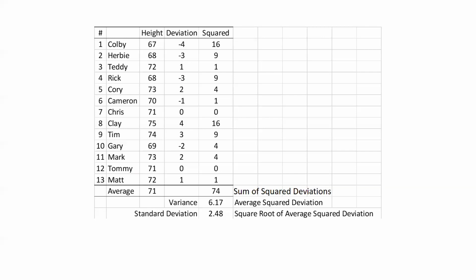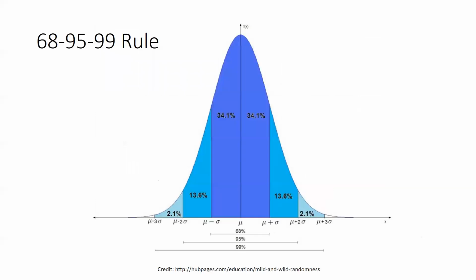But how do we make sense of this? How does that become useful? And by the way, if you're getting a little bit bored, hang with me. I promise we're going to get back to portfolio returns and assessing performance in just a couple minutes here. But I want to show you something called the 68, 95, 99 rule, which says that in a normal distribution,